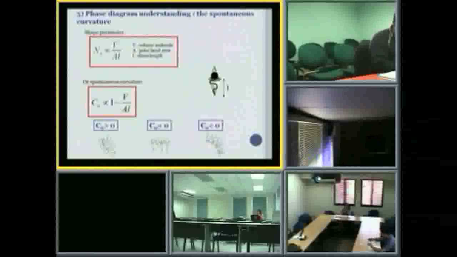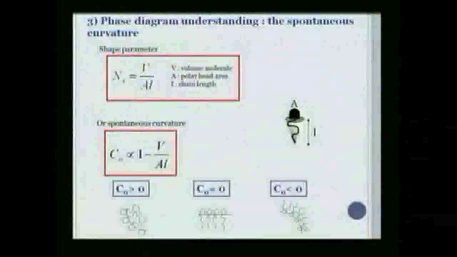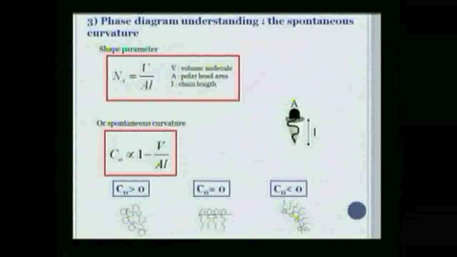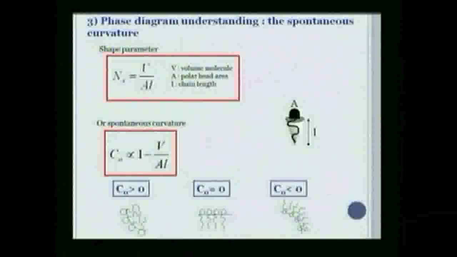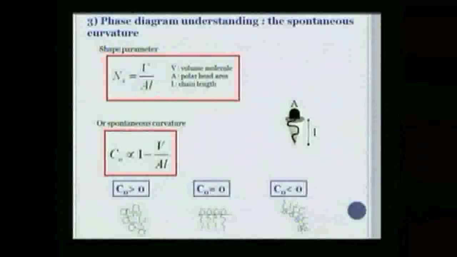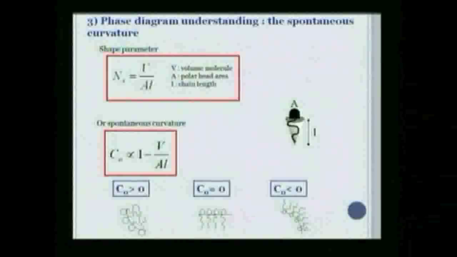And we stopped here, and I told you that today we were going to try to understand a little bit more the change of morphology in the phase diagram. And you remember this sequence of sphere to cylinders to planes. Okay? So, a very easy way to understand this sequence is to attribute to the surfactant a shape, okay, and what is called